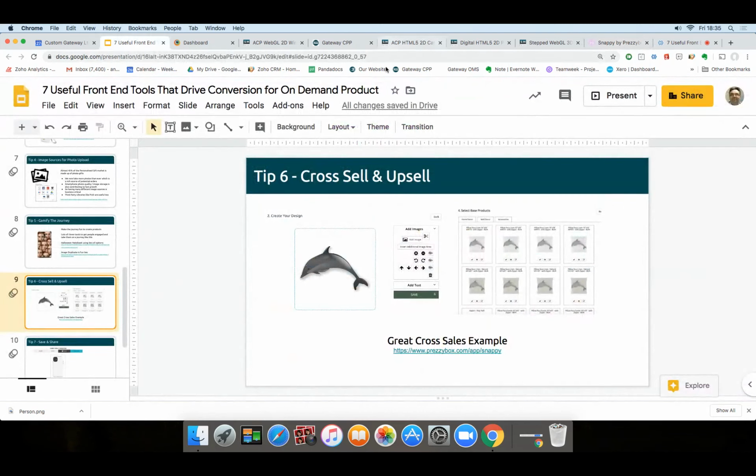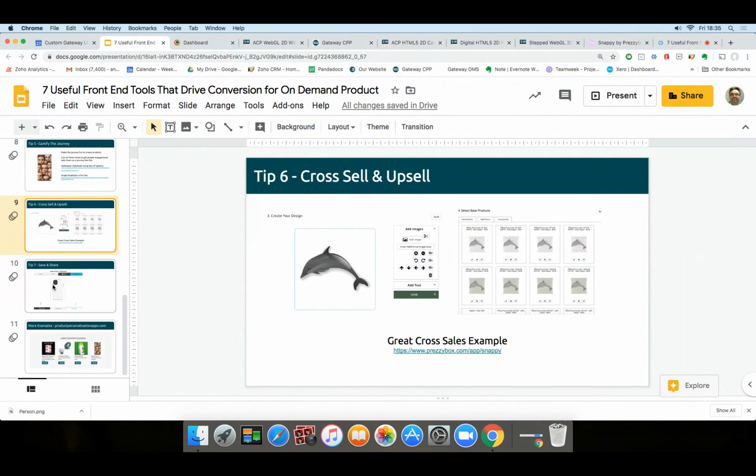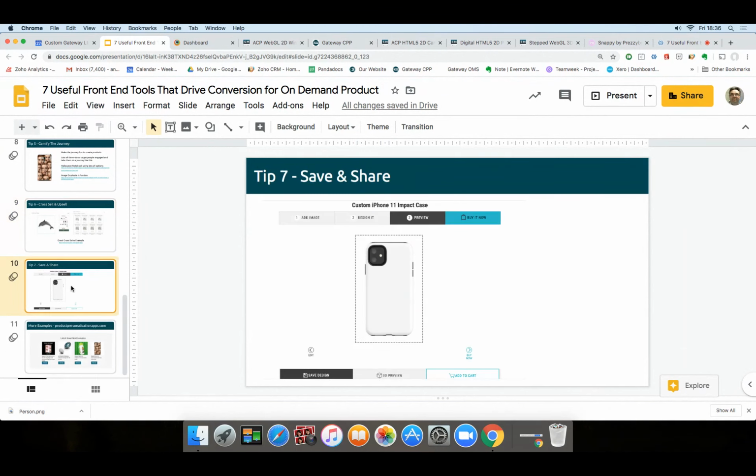So tip number 7, our final tip in the whistle-stop section of how you can get more conversions, is share and save. And this is particularly useful if you want to come back later to buy something. So you're designing something and you don't have time, so you hit the Save Design button. And in this particular use case, it lets you email that design, and that would then allow you to order later